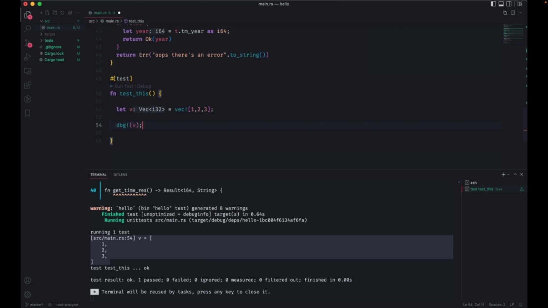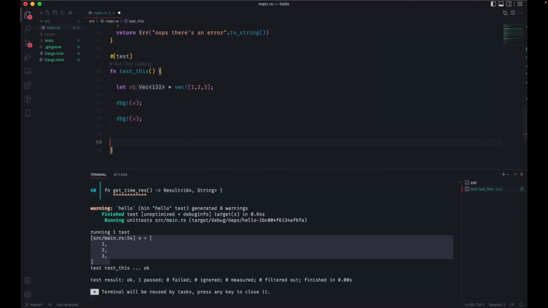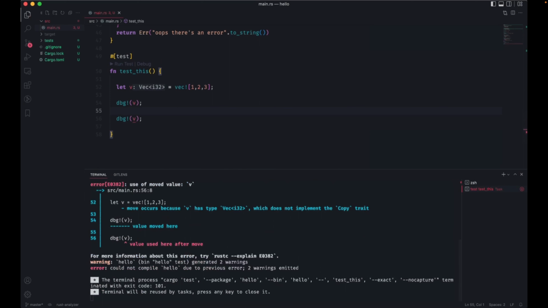But with Rust, it's very opinionated. When something goes out of scope, generally, it's consumed. It's no longer available to us. So if I'm going to do the same thing again with other languages, you would expect to get a second print here. But in Rust, you can't do that, because Rust proactively says, we don't want you to be reusing objects in memory once they've gone out of scope. They don't exist anymore.